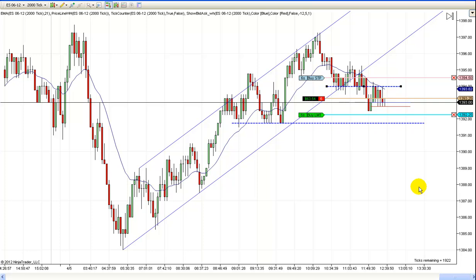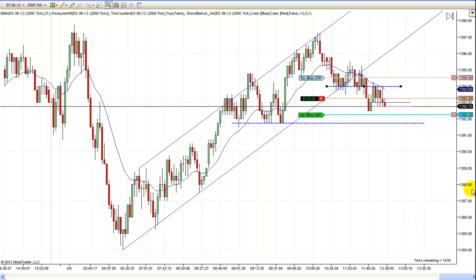And I hate to pause it. I don't want this to get too long, but I hate to pause it because as soon as I pause it, it'll probably break through. But we'll see what happens. We're either going to go lower here or